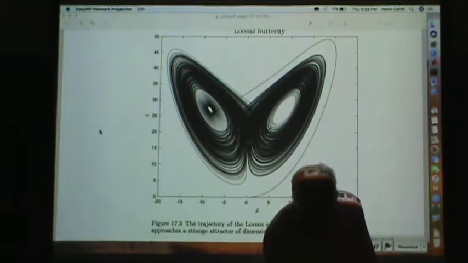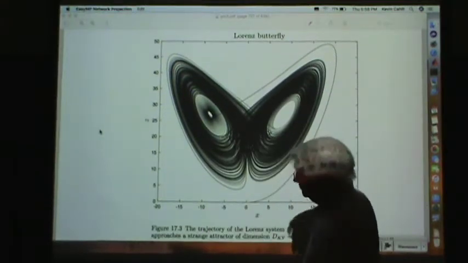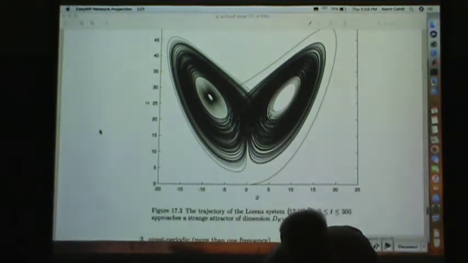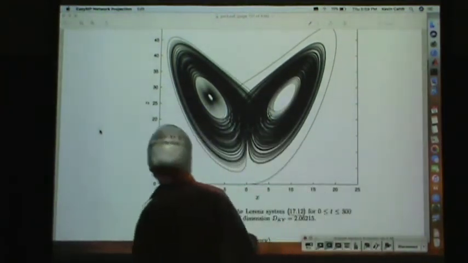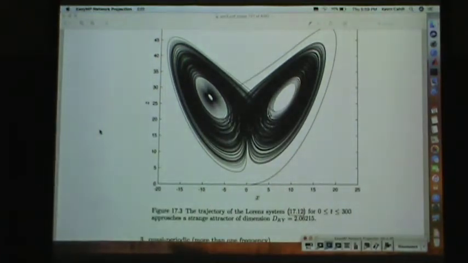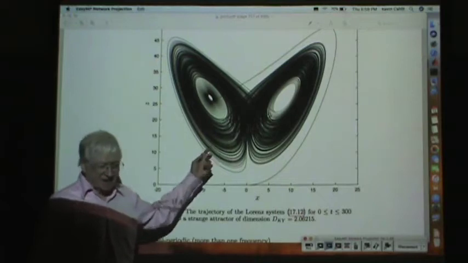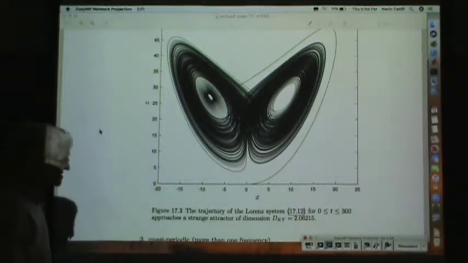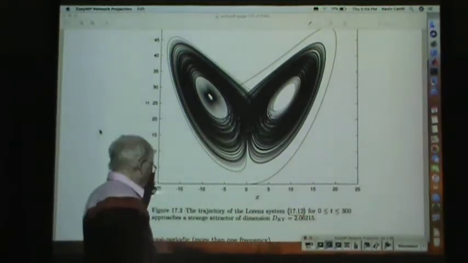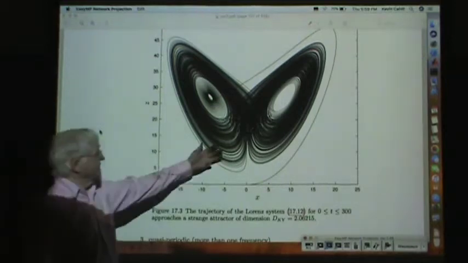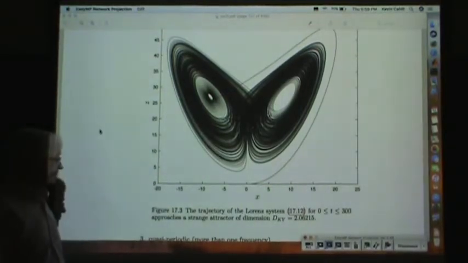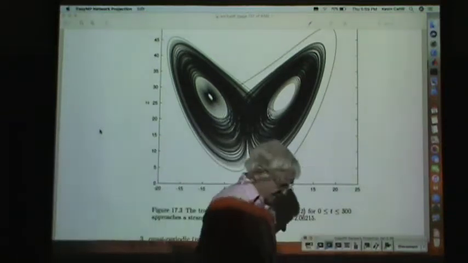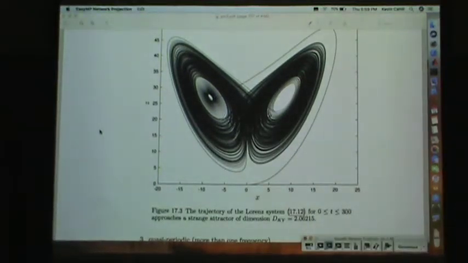Let me just pull it down a tad. Well, I think I'm going to put it up a tad so as to be able to read the bottom part. So this is what you get. It looks better on a computer screen than on this projector. And this is the trajectory of the particular Lorentz system for T-span 0 to 300. And now you might say, well, what is this thing here? Here I've just gone from 0 to 300. If I had wanted to display the attractor, I would have gone from, say, 10,000 to 1,000,000 or something, but